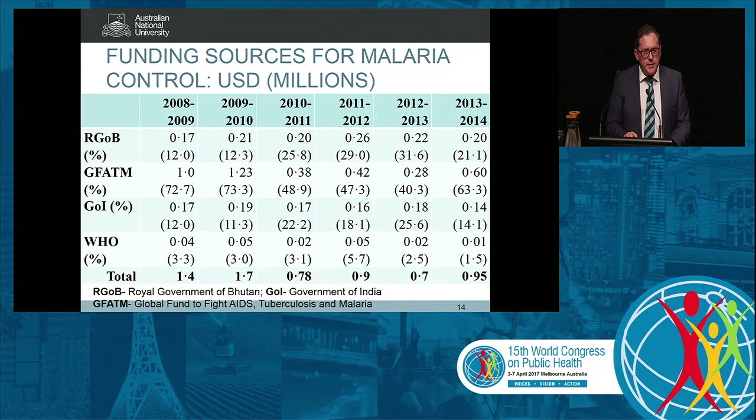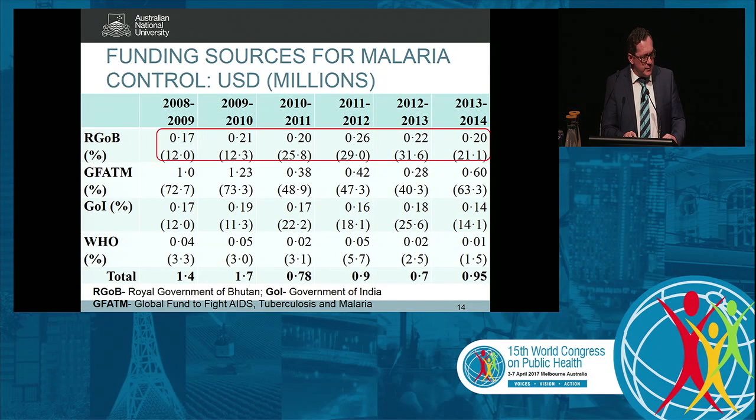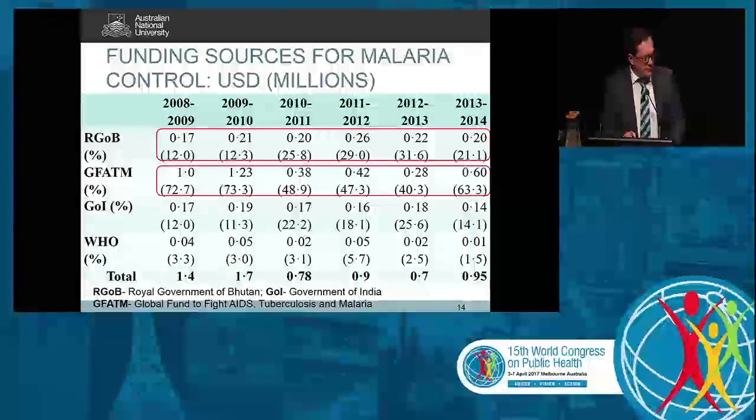In terms of sustainability, though, it's important to look at funding sources. It's important for countries as they approach elimination and go beyond elimination that they really take ownership and that there are local government funds made available. Over the last half decade, the Royal Government of Bhutan has funded around 28 to 30% of the costs of malaria elimination. Most of the funding comes from the Global Fund